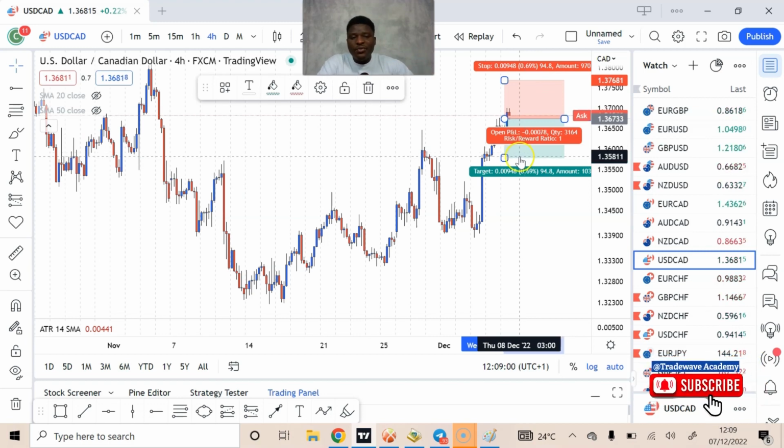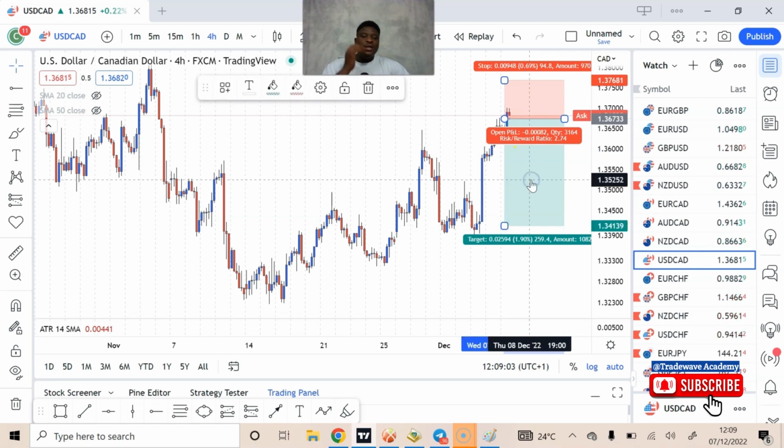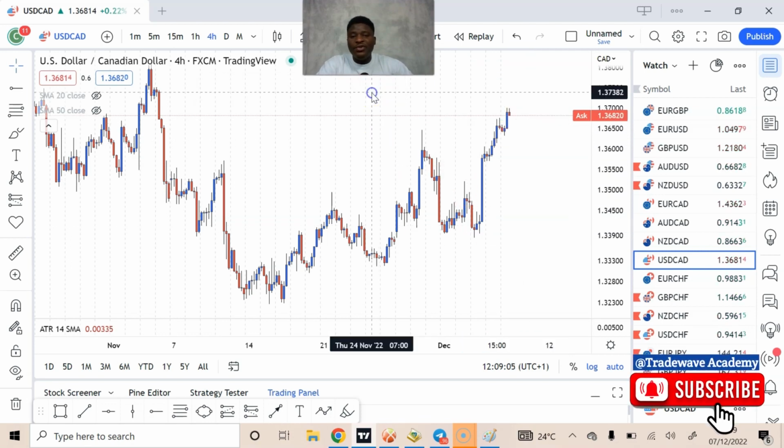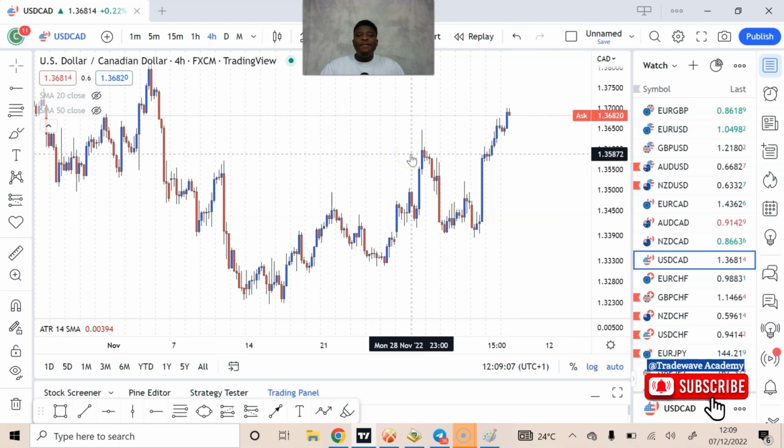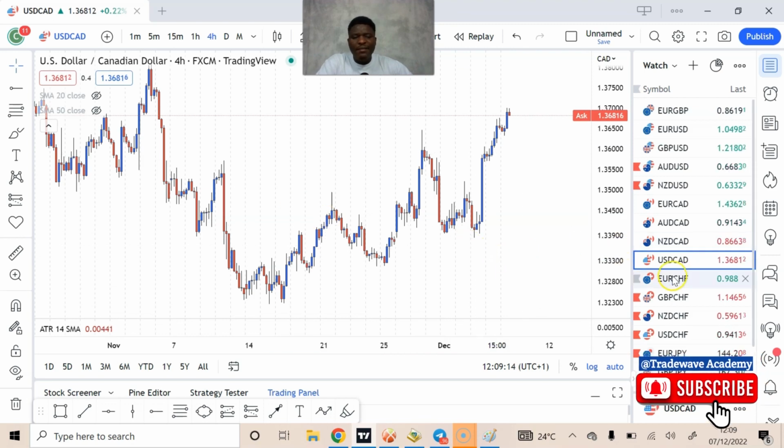Okay, so this would help you a lot if you want to confirm your entries and enter only trades that are actually going in the direction of the more correlated pairs. Okay, so I hope that makes sense. So let's do the